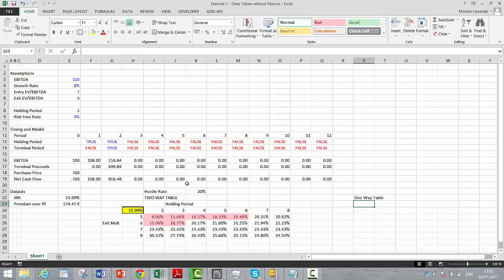So let's make a one-way table. Now, let's say that all I'm going to do this time is vary the exit multiple like we did here. But this time, I would like to look at the IRR, and I'll put IRR above here, and I would like to look at our risk premium. So just to make life horrible,